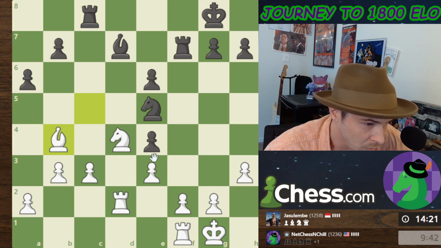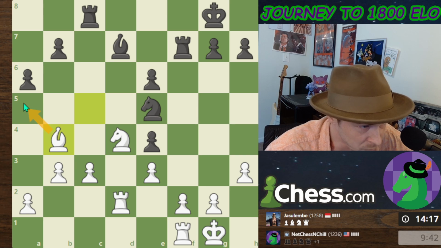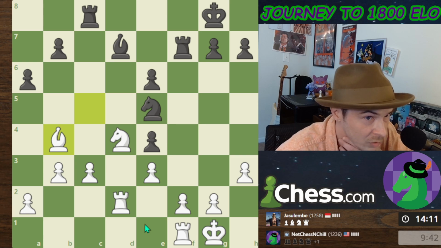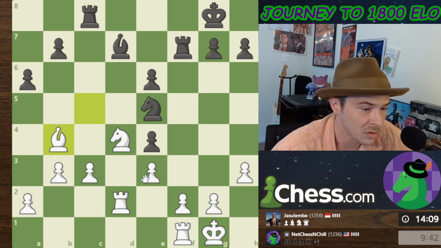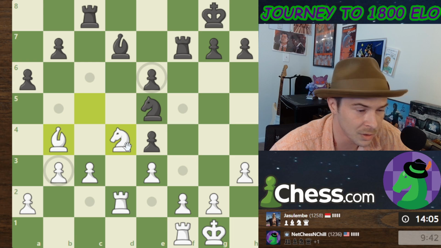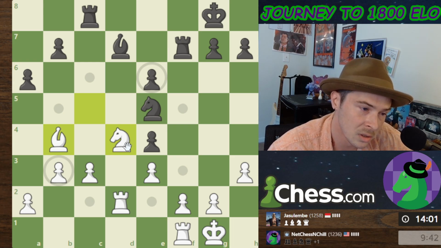Then move the bishop here potentially. I need to double my rooks. I've kind of messed this up a little bit for myself, at least as far as like it doesn't feel easy. Maybe it's not supposed to be, but